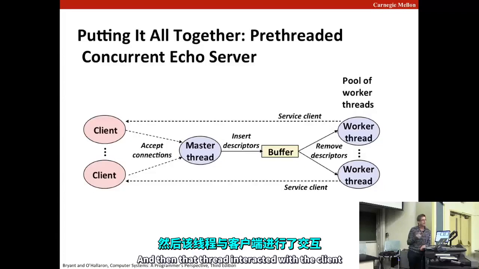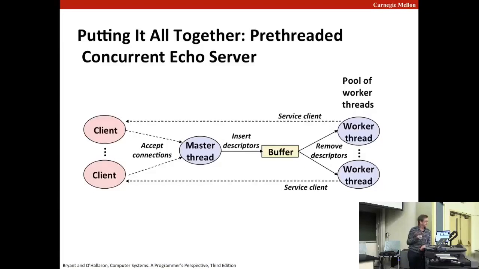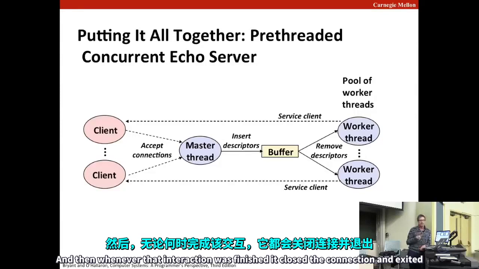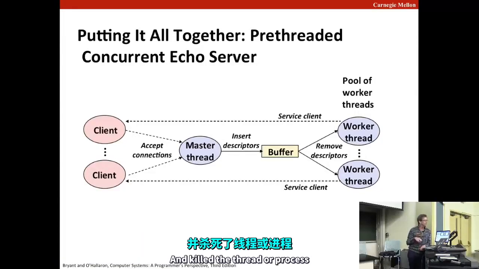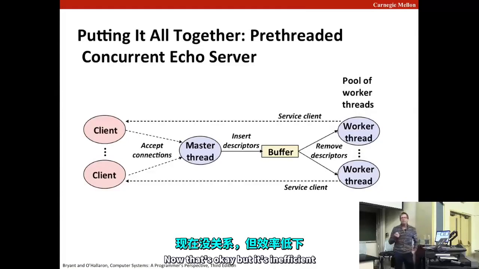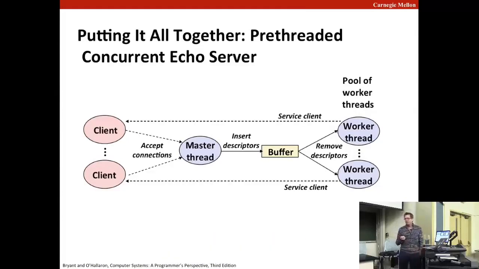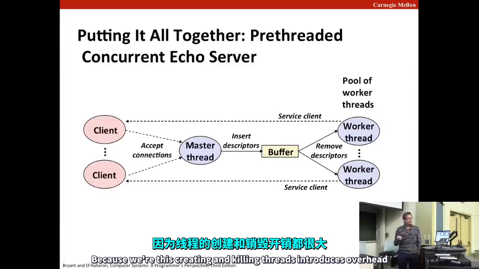That thread interacted with the client, and when the interaction was finished, it closed the connection and exited, killing the thread or process. That's okay, but it's inefficient, because creating and killing threads